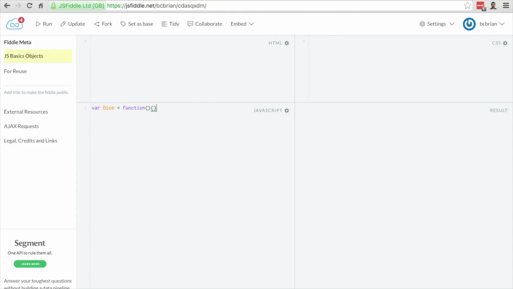and in ES6, the newer type of JavaScript, which we'll get into later, there's way more powerful ways to do this, and they're pretty cool. But let's just talk about a dice. A dice has a number of sides,